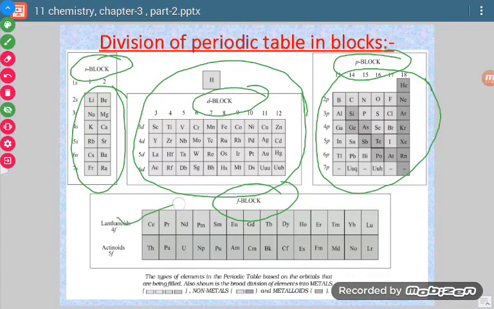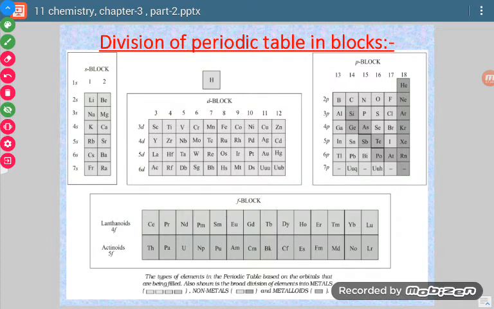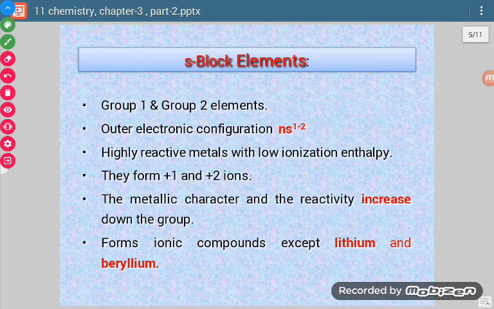And lanthanoids, they have been taken out from the 6th period. These are the elements between lanthanum and hafnium. Okay, similarly actinides are those elements which belong to the 7th period, and they are those 14 elements which lie after actinium. Okay, so they have been taken out here. Now let us discuss a few properties of these elements.